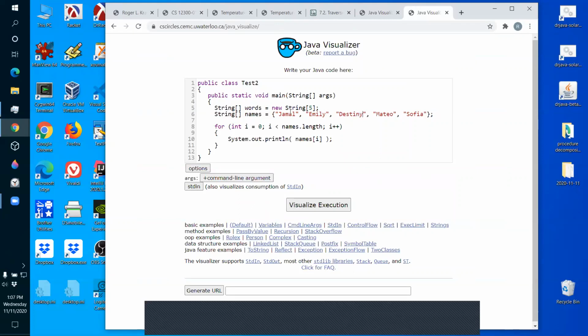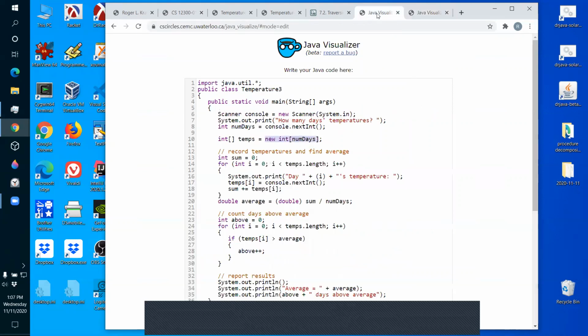Now, for integer arrays, we want here default values of string. What was the default value of an int? 0. When we created an array of ints, they were all zeros.